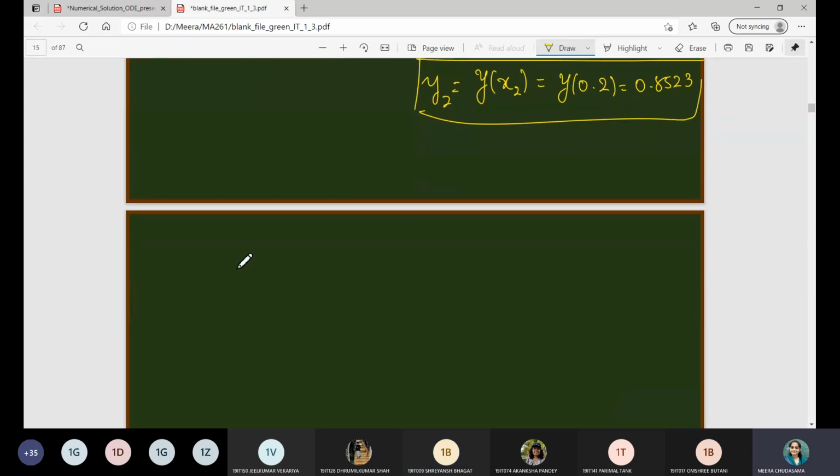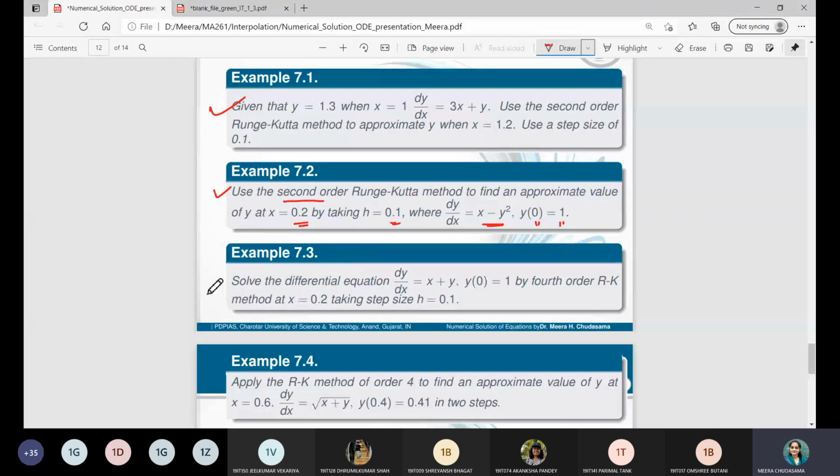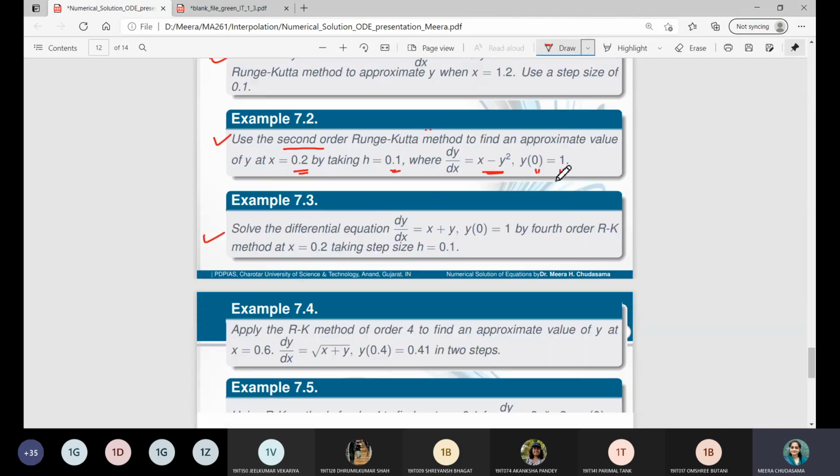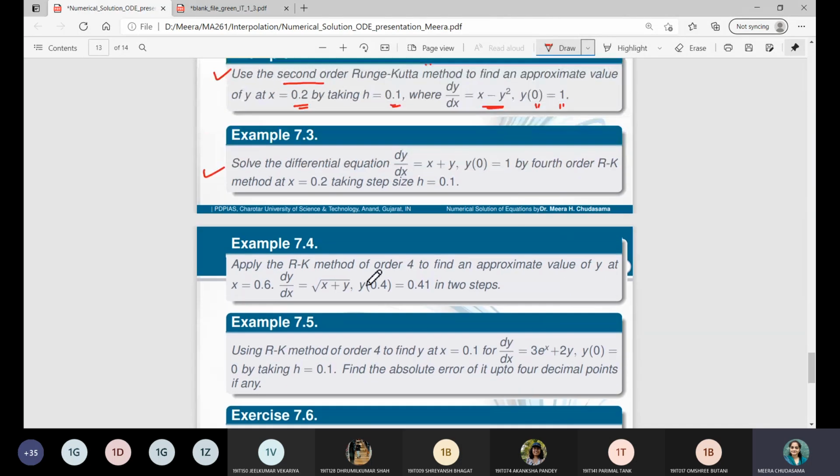So that is the example based on the RK method of second order. Let me consider now the fourth order RK method. Since only two terms are involved, K1 and K2, I have taken just two examples based on that. For the fourth order RK method, we will consider three examples because in that one we have K1, K2, K3, K4, all those computations we need to consider, okay?